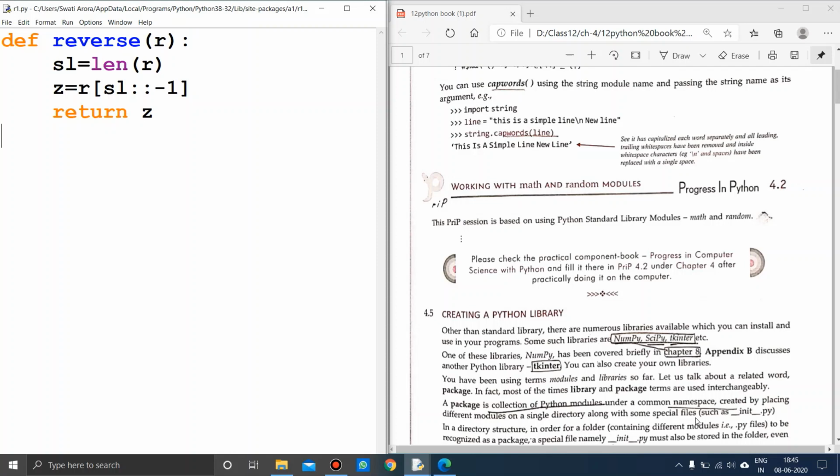Until and unless you create this file, __init__.py, it will not work. You need to put an underscore before it and an underscore after it, so __init__ followed by .py. I will let you know the whole process of how to create it.